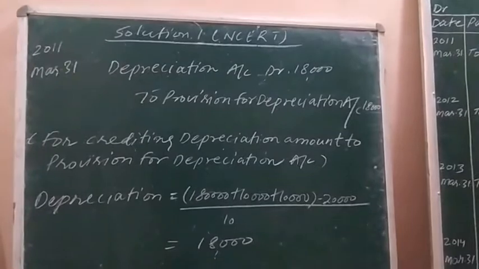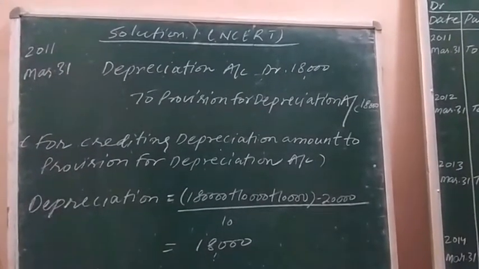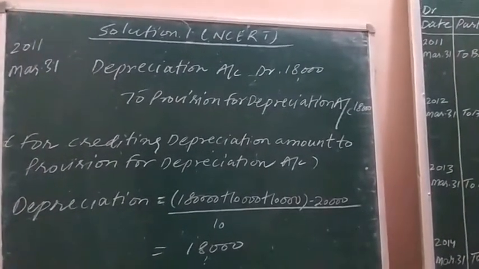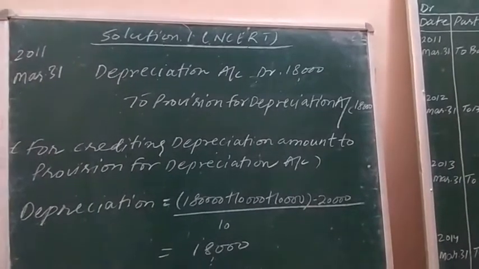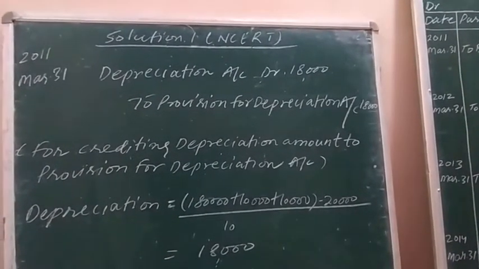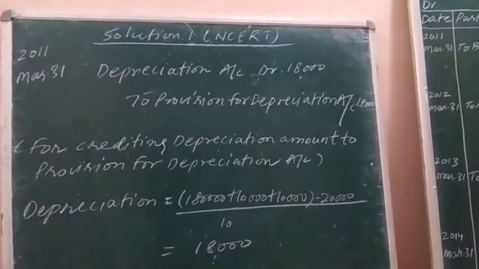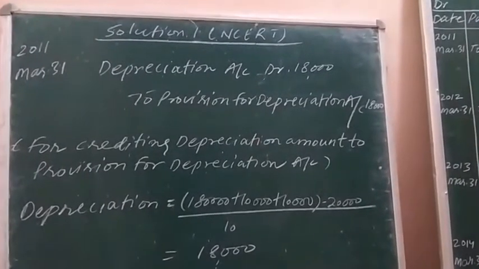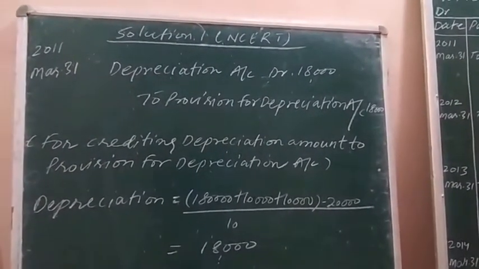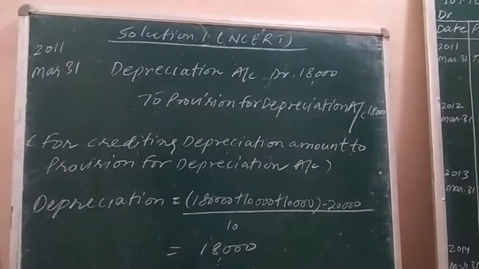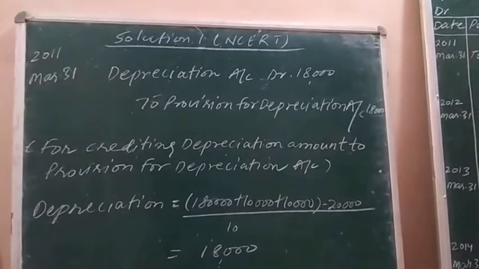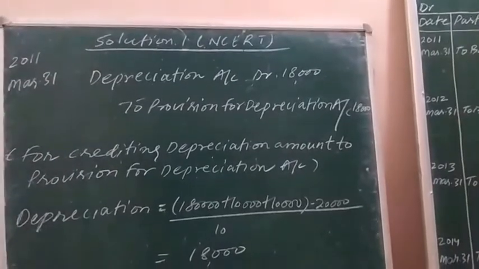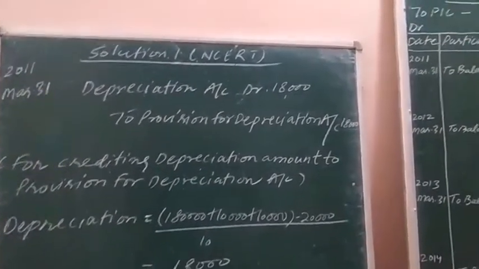In the previous online class sessions I explained the same question, but different accounts were explained. The first account I explained was the machinery account, the second was the machinery depreciation account, and the third account to be explained in this question is the provision for debt account. Now you can see provision for debt is appearing on the credit side. So while preparing the ledger account of provision for debt, we need to do the posting on the credit side, and the name to be used on the credit side of provision for debt account is depreciation. Okay, see here.